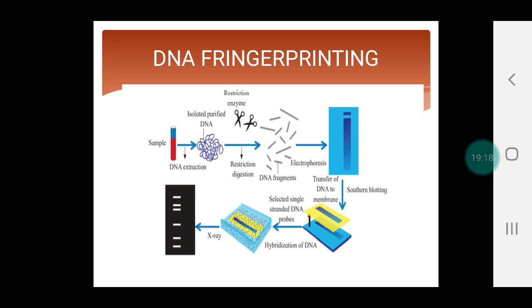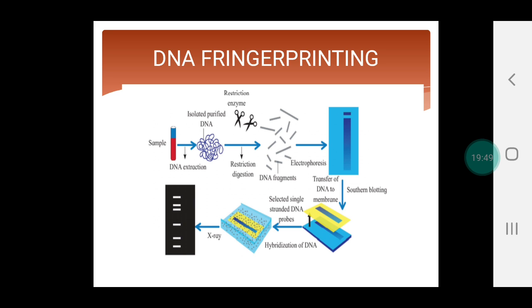Now in India this technique was developed by Dr. Lalji Singh. So the radioactive DNA probe is obtained from the Y chromosome of female banded krait snake, and the unique segment obtained from this chromosome is banded krait minisatellite, that is the BKM DNA. Banded krait minisatellite, BKM DNA.